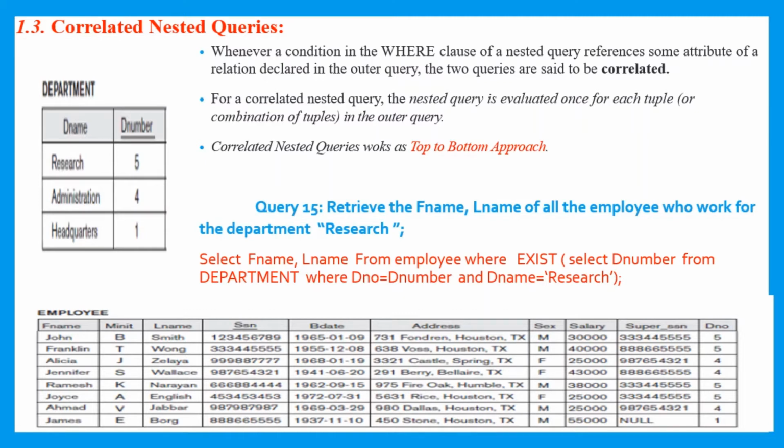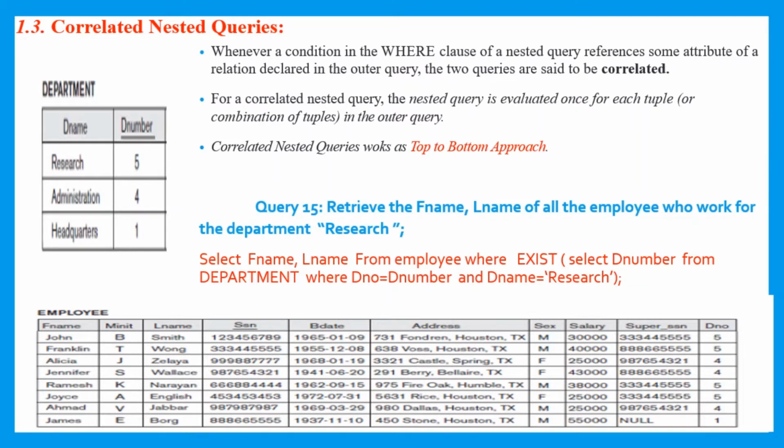Before going to correlated nested queries, we'll see what nested queries are. A nested query is a query within another query. In a nested query, the innermost query will be executed only once, whereas the outermost query is going to be executed repeatedly. Nested queries make use of a bottom-to-top approach, whereas in a correlated nested query, whenever a condition in